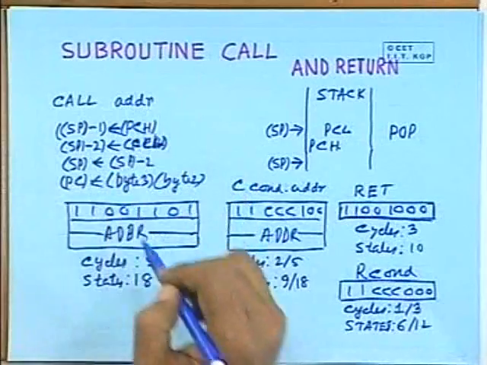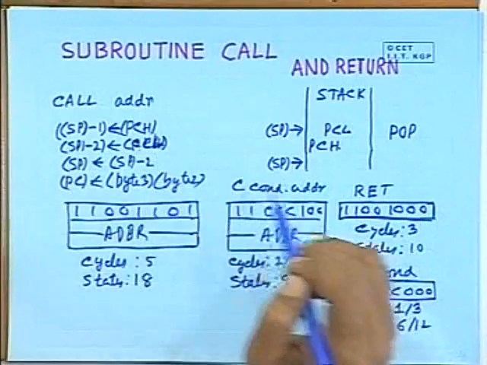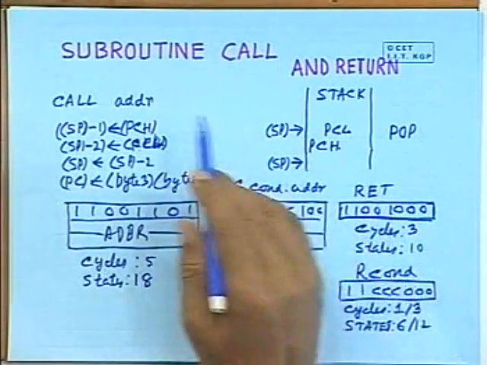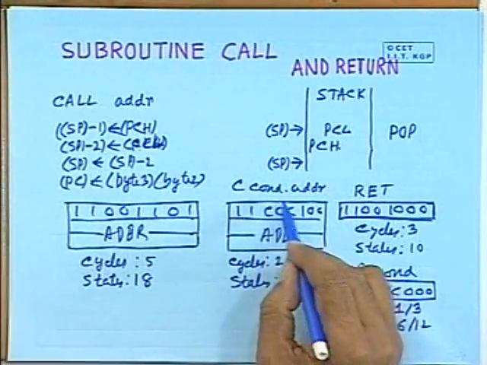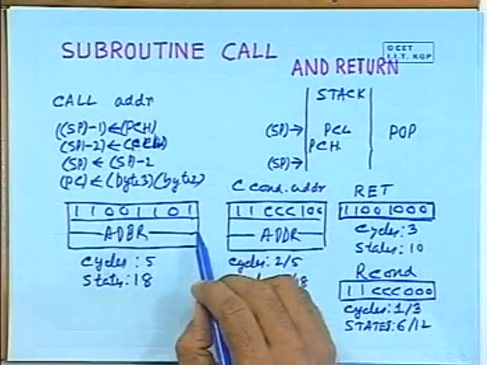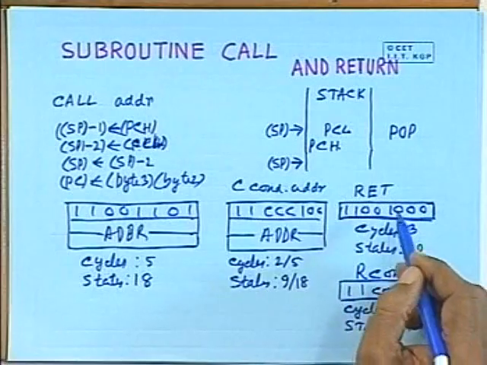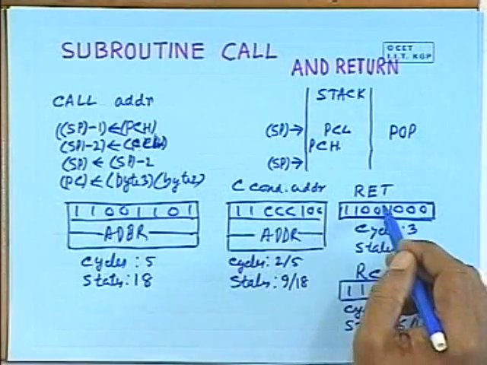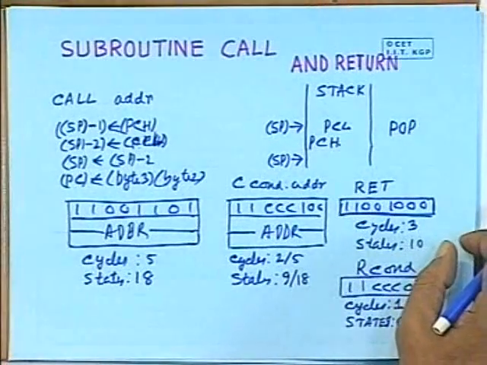So, it jumps to this address, we know that. The stack keeps track of the address where the return has to take place. We have already discussed how this subroutine call and return occurs. You can also have conditional subroutine calls, but whether it is conditional or unconditional, you will require a return, either conditional or unconditional, to come out of the subroutine. So, subroutine plays an important role in modular programming. We shall discuss how subroutines are implemented and what are the important